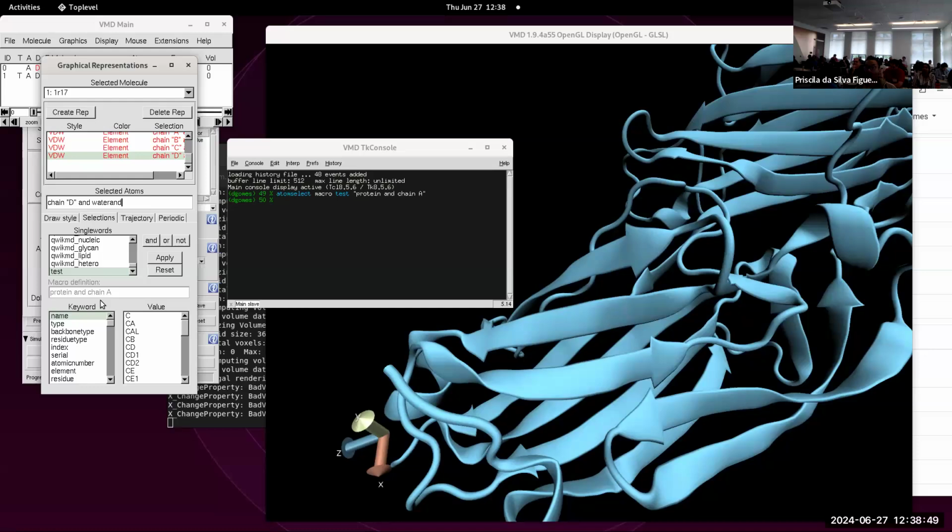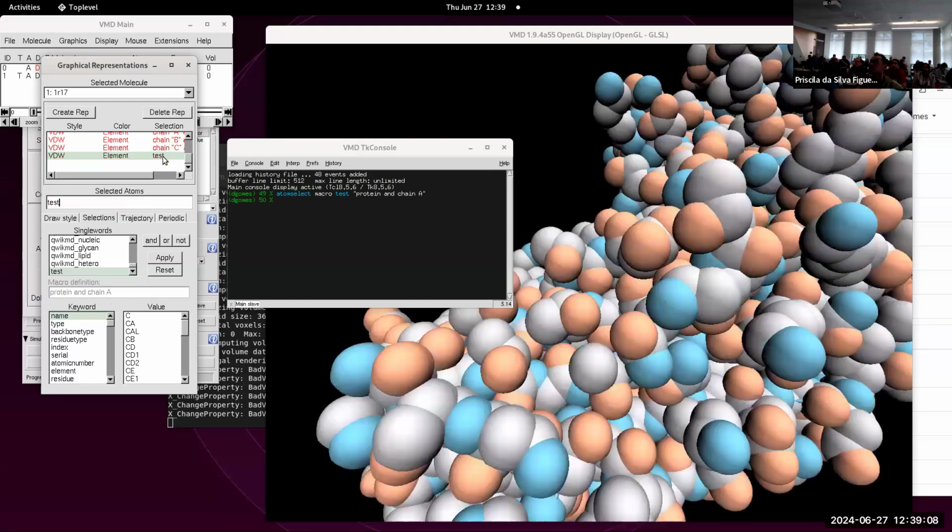So for the case of the domains that you mentioned, you come here to the right, it goes only on the command line, and you create an atom select macro for your selection. Now you can just type, instead of chain B, just type test. If you type test, it works. I can modify the atom selection. So test will be